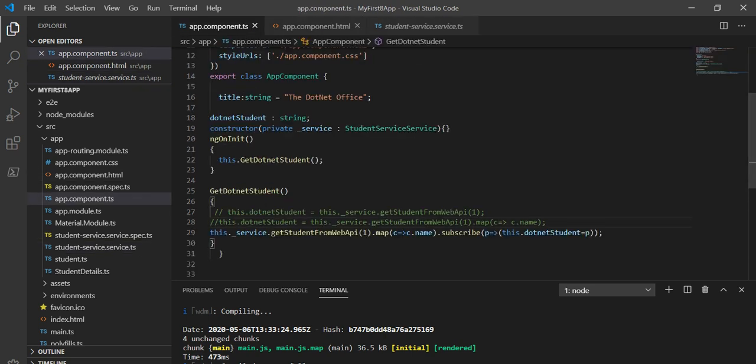Next thing we can do: here on the map it is showing the name, but what I want to show is name equal to my name. This thing we can do in our HTML page also, but if it is a small one we can make the changes in our component page as well. So we can make it like this. Now let's save it. It will show name equal to the specific name, like name equal to name one. So this is the way we can make it.